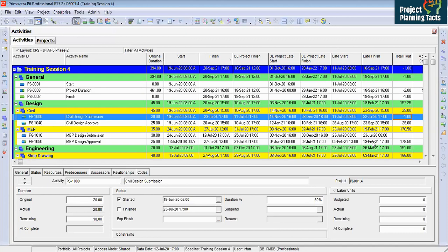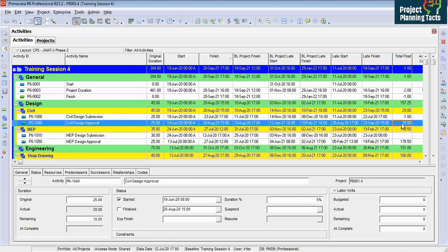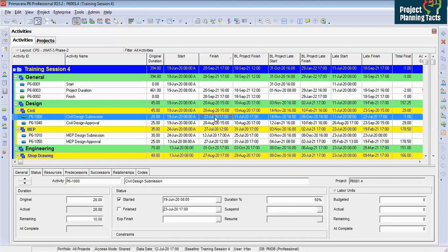But if you look at this activity, your project baseline late start was 4th June 21 and project baseline late finish was 2nd July. However, here we are finishing early and that's why we are having positive float. Hassan asked a question: late start and late finish date only appears after we schedule. No, it is there. Basically, your total float is calculating your late date. Whatever your early dates are, plus your float becomes your late dates.